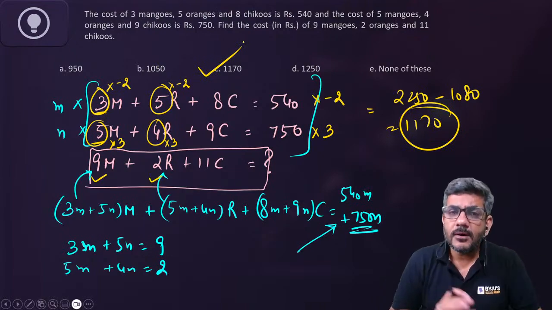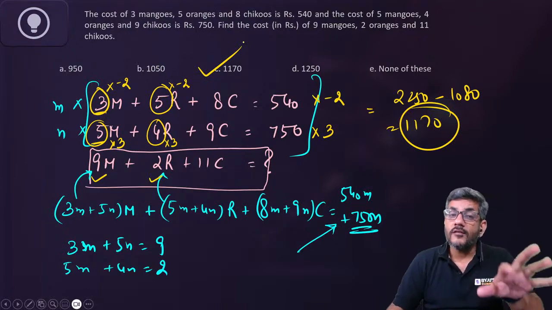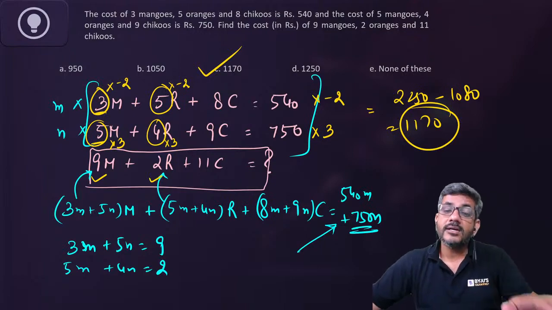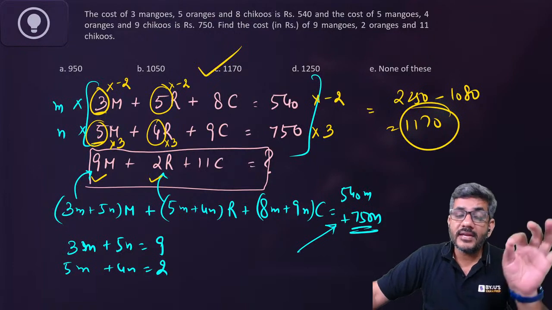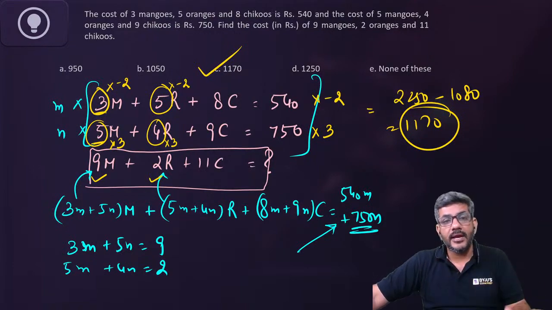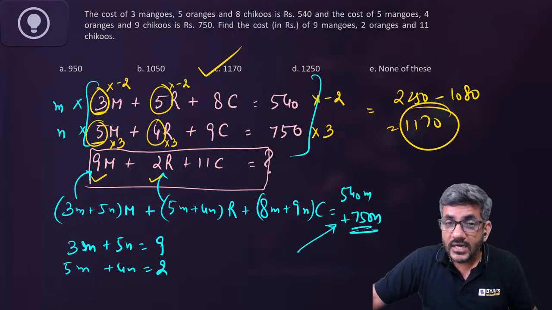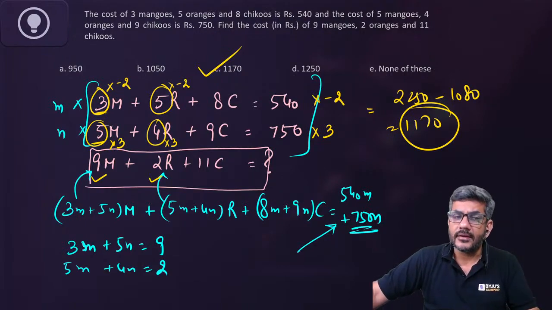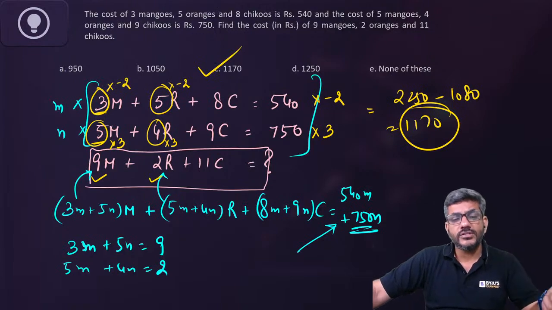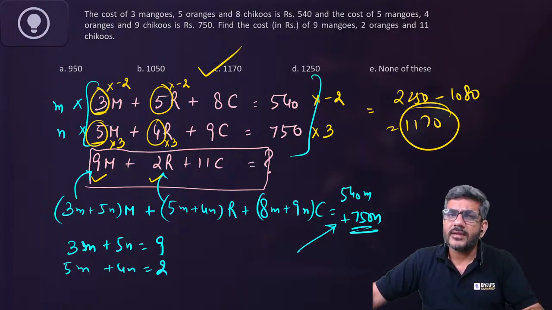You might say, sir, what about chikus? You didn't check that. When two of them will satisfy, the third one would automatically satisfy. If it does not, that automatically means the answer is cannot be determined. But because the options did not have cannot be determined, so I did not even check that. वो हमें check करने की जरूरत ही नहीं पड़ी. So just I checked two of the solutions that give me the answer. Generally, this is the better way.